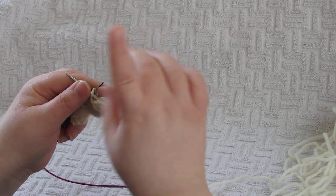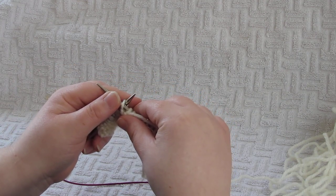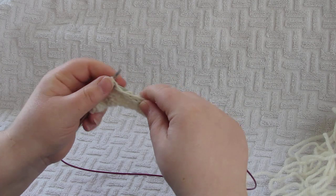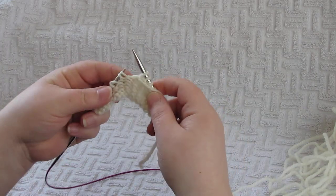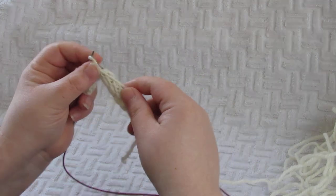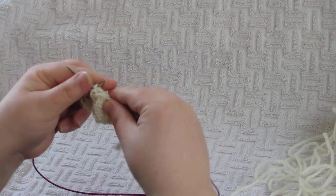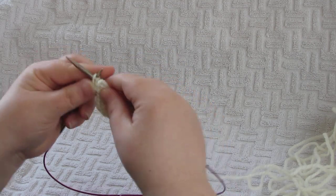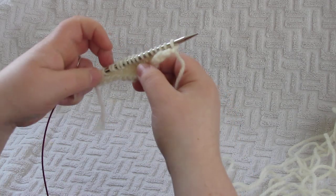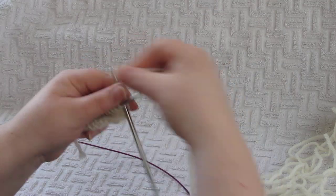And if you were going to just do 1 set of short rows, for example, if you were doing darts, say, or shoulder shaping, and you just need the 1 set, you will finish the short rows like this. You'll come to this double stitch, and you just purl the 2 strands as if they're 1. Purl, and again, purl the 2 strands as if they're 1. Purl, and then purl to the end. You've picked up your 2 double stitches on that side. You have 2 double stitches left on the knit side, so you will knit across,